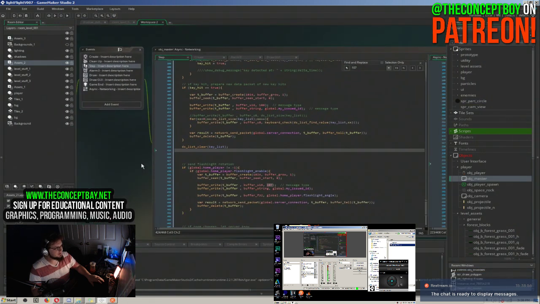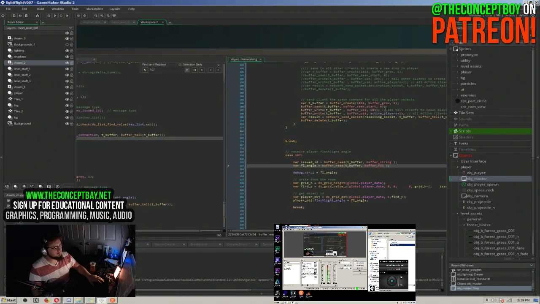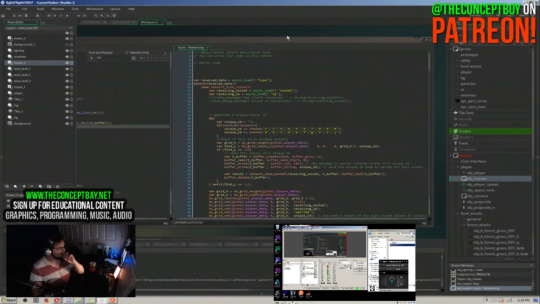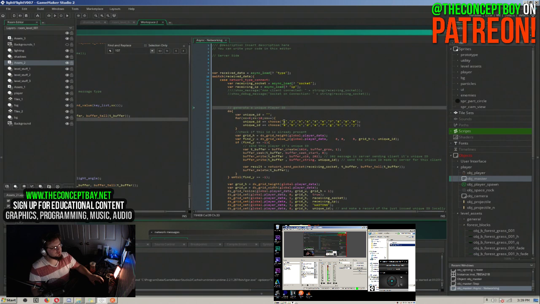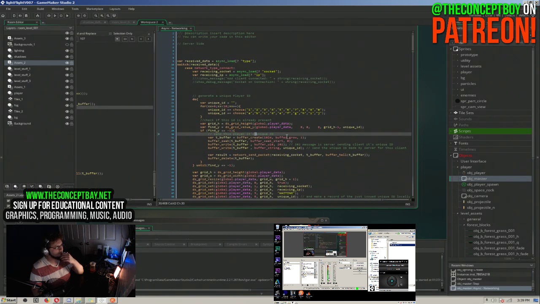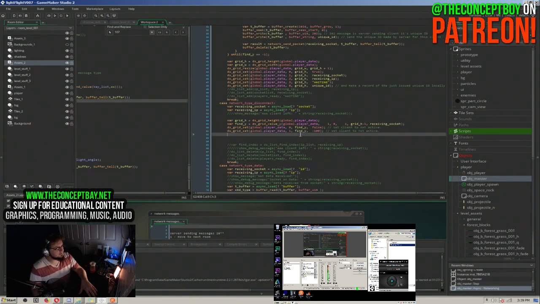First of all, we have this thing right here in the networking. When the player disconnects, we need to make sure that we're not drawing the shadows for that player, and all we have to do for that is just disable the flashlight for that player object. So when we disconnect right here, all we have to do is